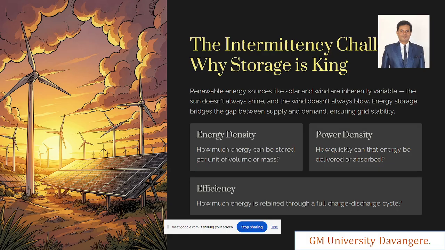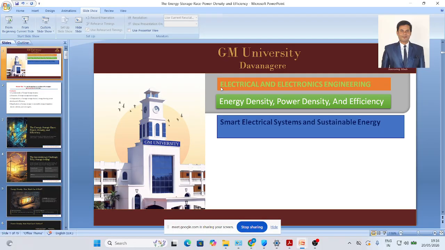Renewable energy sources like solar and wind are inherently variable. Why does it vary? Because of the resources: the resource for PV cells is the sun. We have to have the radiation. During sunny days we require a lot of